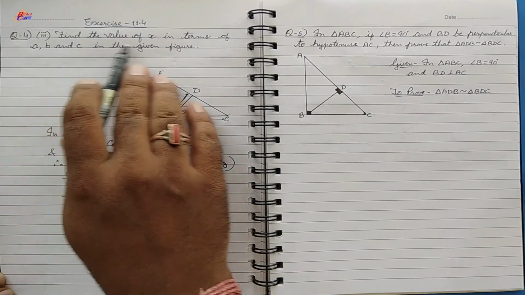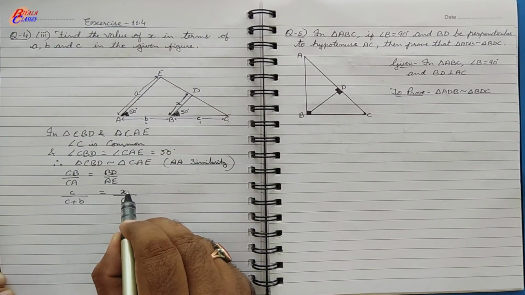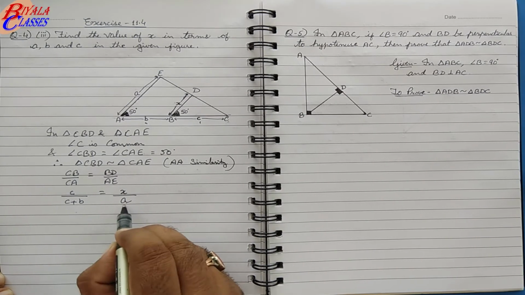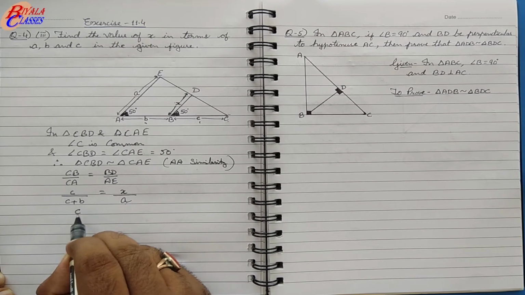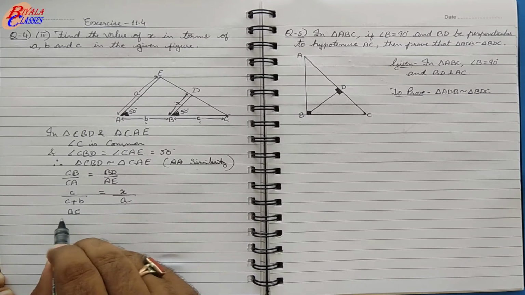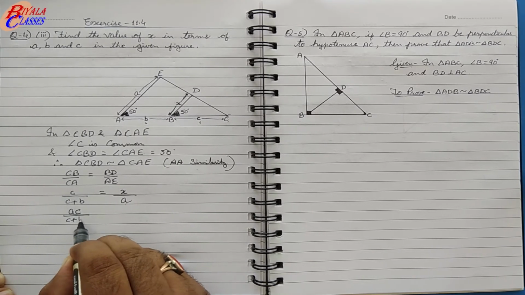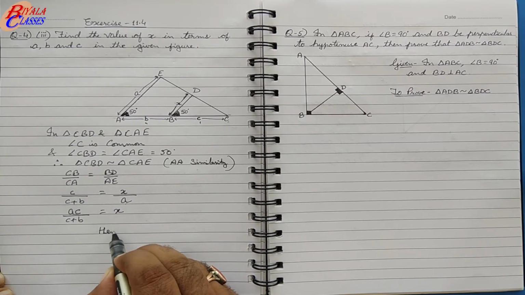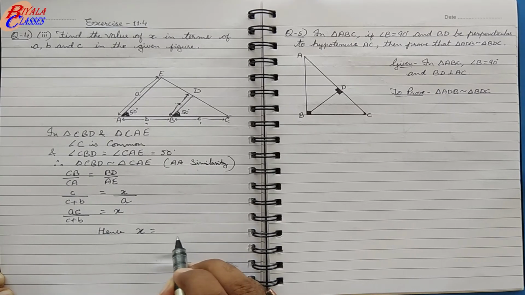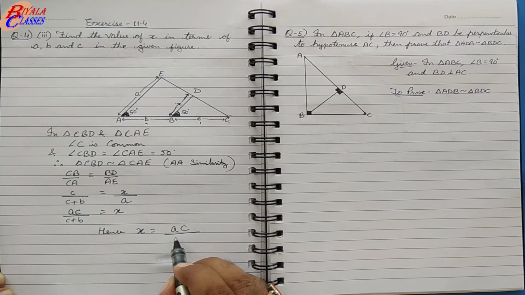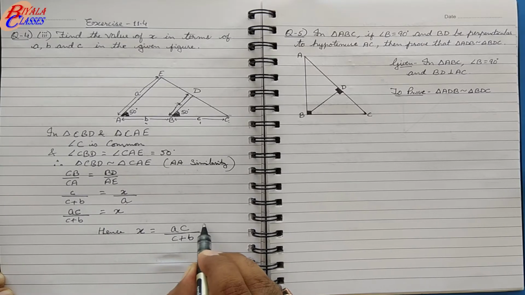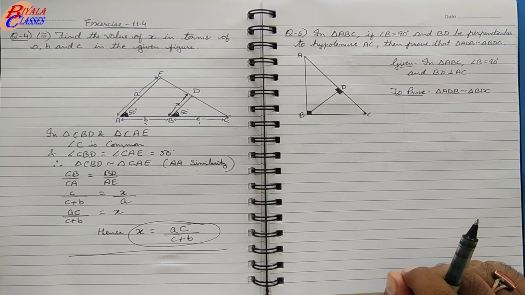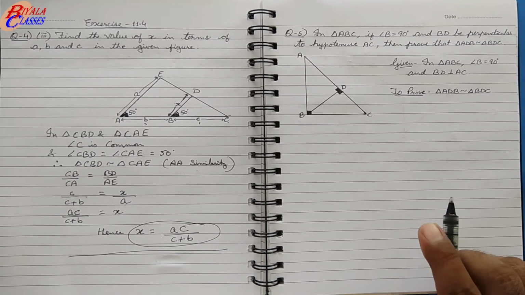And what we have to do is find the value of X. So X we will keep on this side. Upon A, this we are going to move to the other side. So it will be A multiply C, written as AC, upon C plus B equals X. Hence the value of X in terms of A, B and C will be AC upon C plus B. So this is the value which we had to calculate. Now let's move to the next question, that is question number 5.